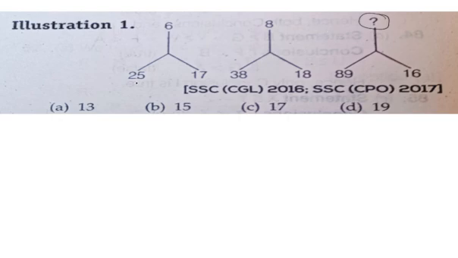So what we can do: this 25 plus 17, if we add it, it is 42. The addition of these two terms is 42. If we divide it by 6, it becomes 7. It means if we divide 42 by 7, it becomes 6. Next, 38 plus 18,